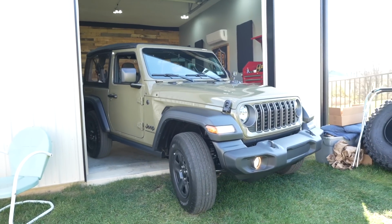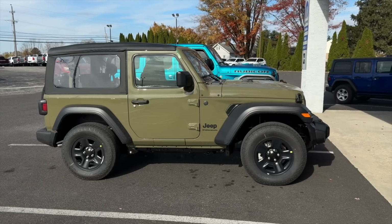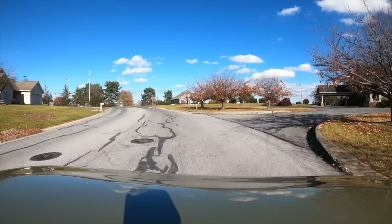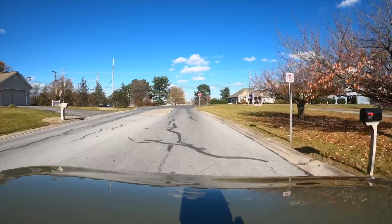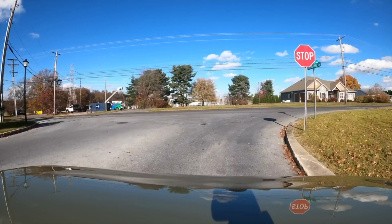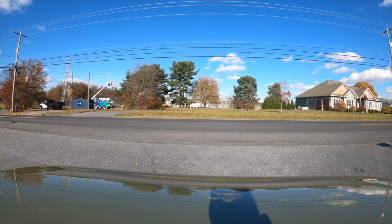Well, you guys, we are in a 2025. Ryan is in the passenger seat. You can now see him, but he will be holding a camera for parts of this video. We talked about the color, the new 41, the two-door, the build plans, all the crazy stuff we have planned for this. But really the biggest thing we wanted to do is give you our first driving impressions. Ryan, we've got exactly 197 miles on this Jeep, meaning...